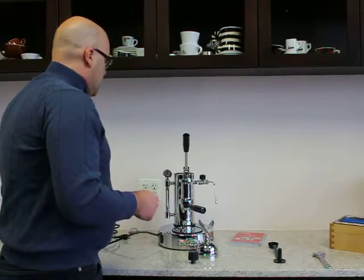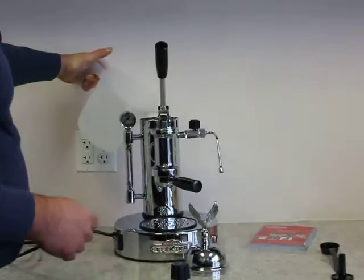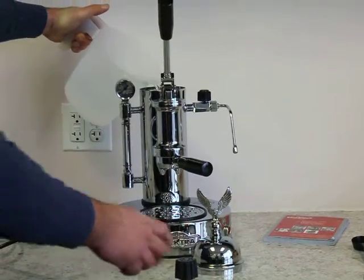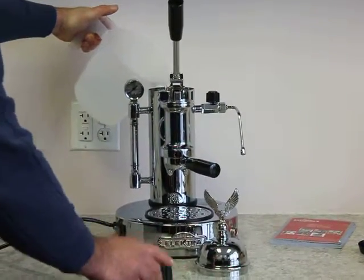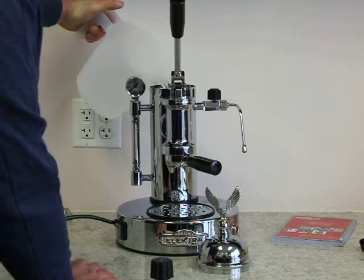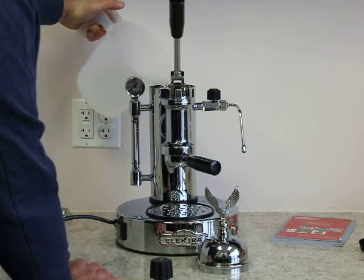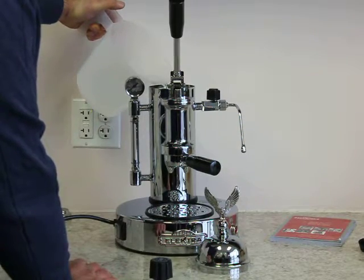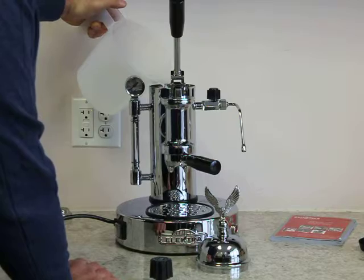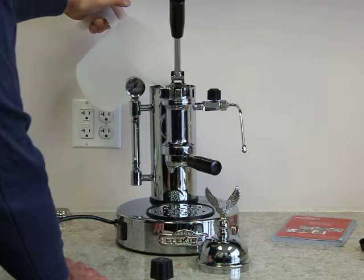To start up the machine, you're going to pour water in through the hole on the top. Of course the cap is going to be off, and you're going to look at the sight gauge glass. The best operation for this machine is when the sight gauge glass is between 75 and 25% full. And right now the water level is rising, and you don't want to go under 25%